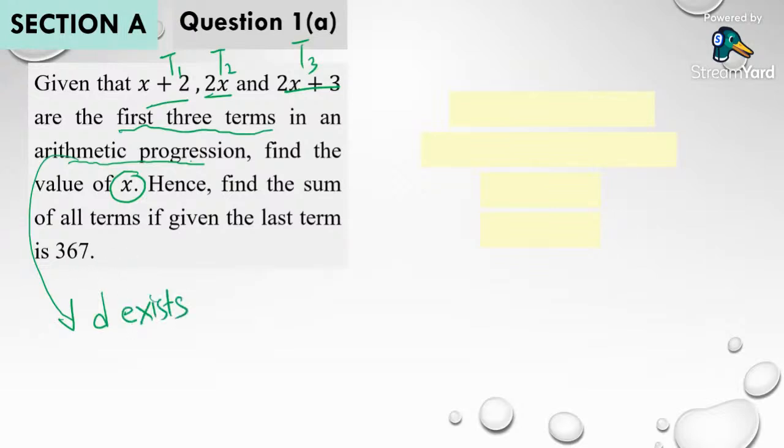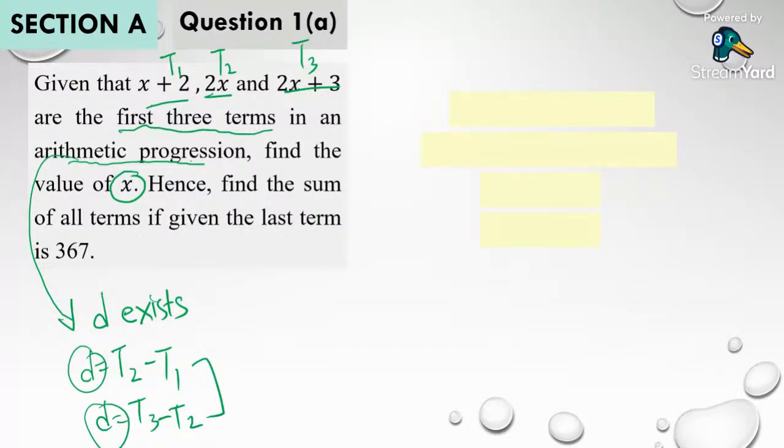How to get the answer for D? You take 2 consecutive terms, the term behind minus the term in front. So in this case here, I can use the terms that I know. Either I have D equals to T2 minus T1, or I can have D equals to T3 minus T2. And both of them is the common difference D. You don't need to write D1, D2 because both are the same value D. There is only one D.